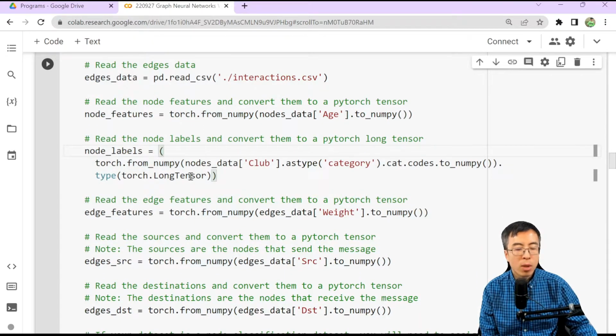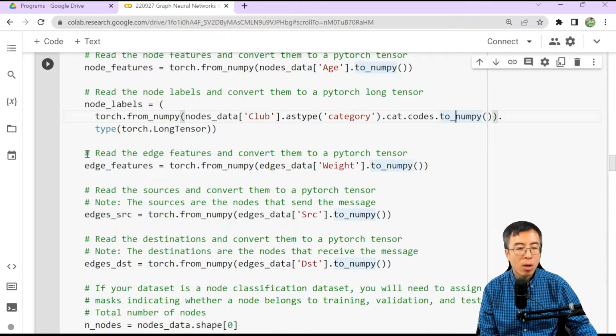And similarly, we also need to read the nodes labels and convert them to a PyTorch long tensor. The nodes labels are stored in the data frame column club. So we first convert it to a categorical variable and then to a NumPy array, and further convert that to a PyTorch tensor. And specifically, we are going to use the long tensor format.